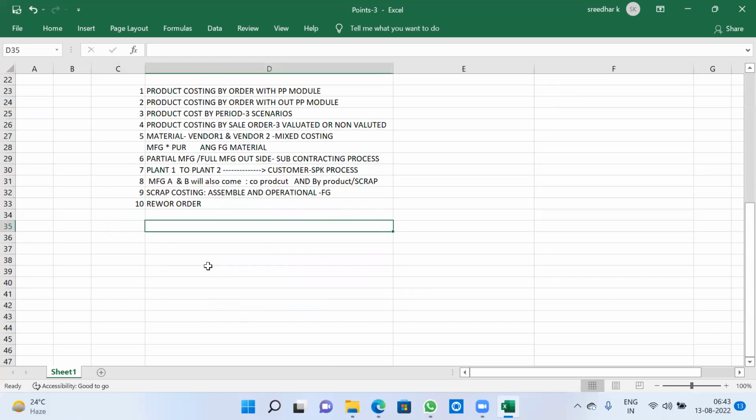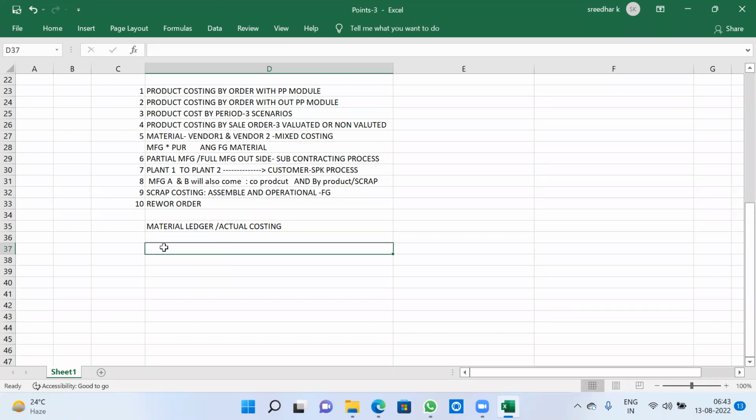And coming to the material ledger, material ledger and actual costing. Material ledger is nothing but a tool. Actual costing needs to be executed. Here, material ledger means, here